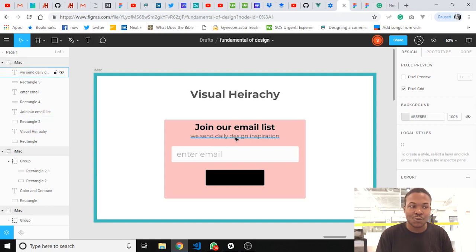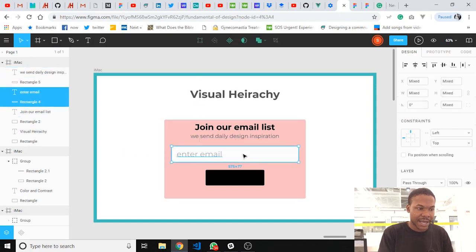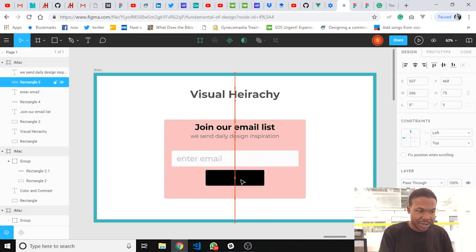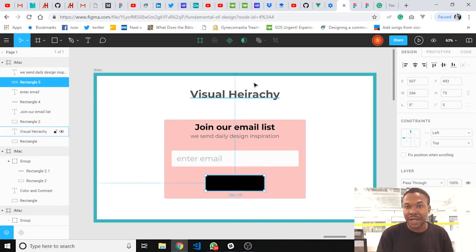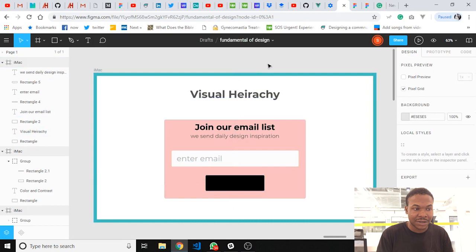So now to fix that, we would have to change a lot of the other elements that we have been working with. So let's see what we can do here. So first thing I'm going to do is I'm going to drop this guy down a bit. So then drop the button down a bit as well. As we can see, this looks way better. We have been able to group things now. So this is where